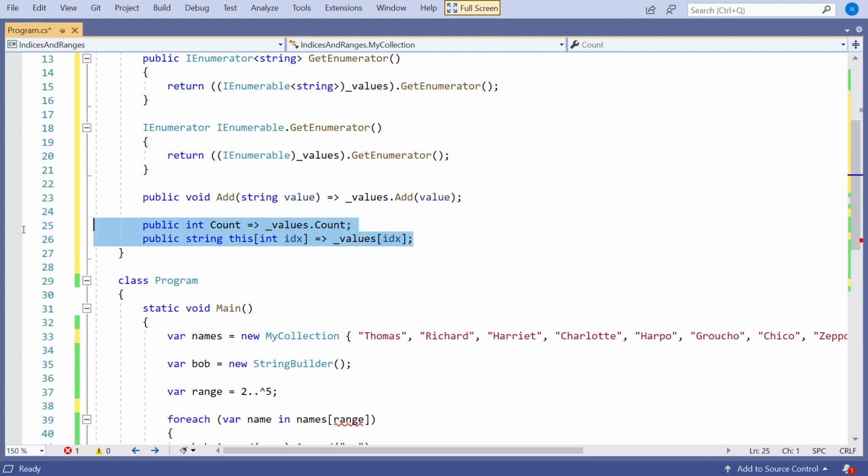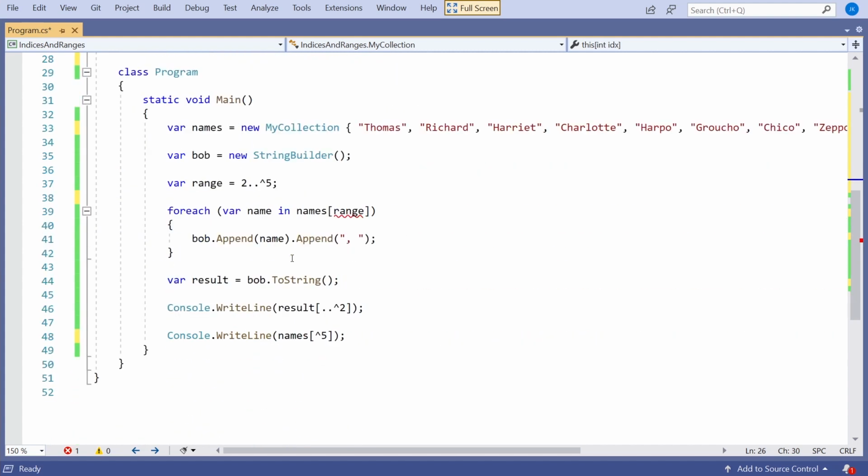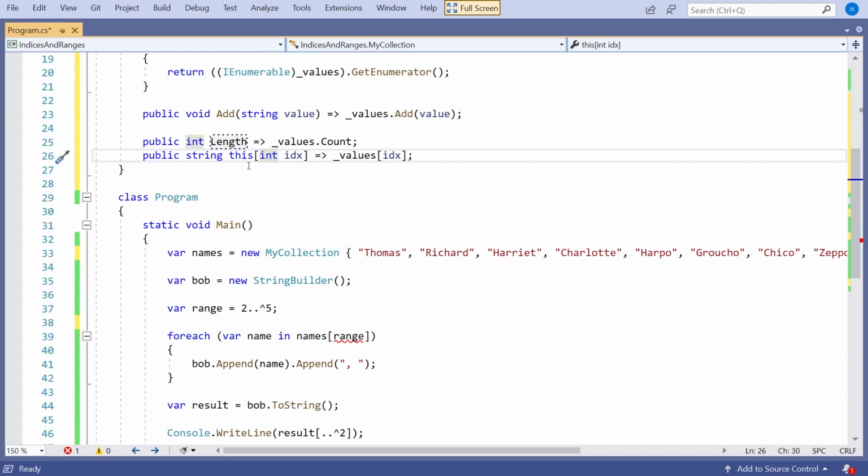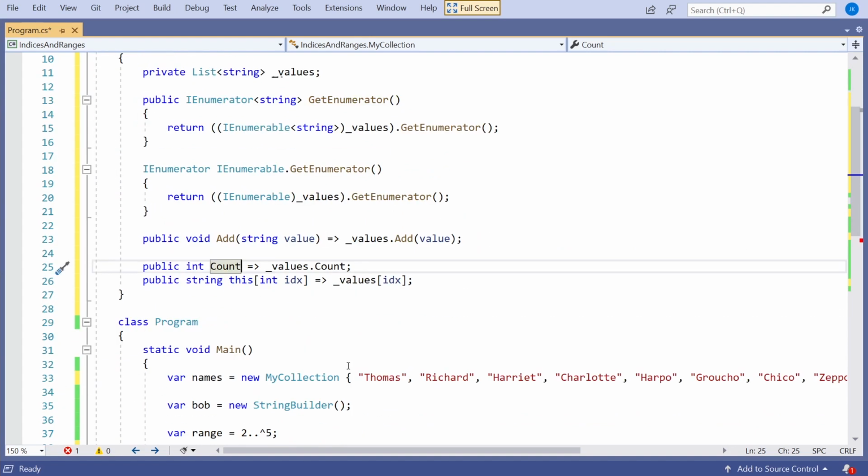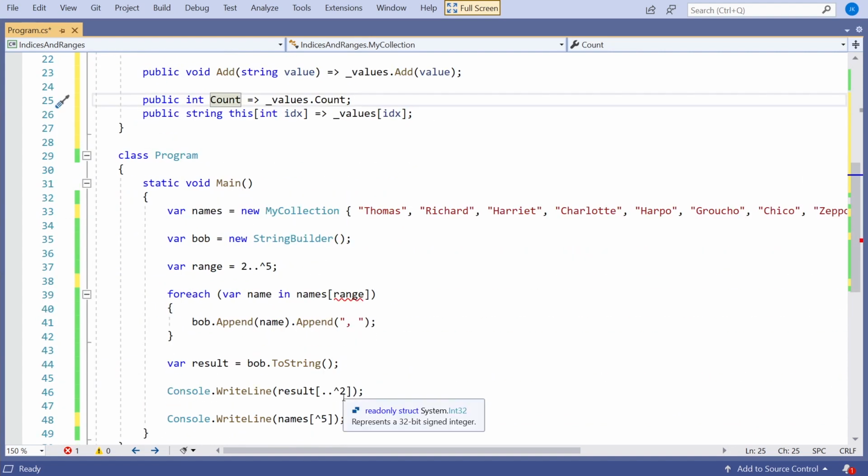So that's what you've basically got to have on whatever your collection is to make it work with an index. You've got to have an ordinary indexer taking an integer, and then you've got to have a property called either count or length. You can call it either of those, and you can still see it works there, because things like a list have a count, whereas things like an array and a string have a length. Because they wanted to do this implementation without changing anything, it will work on either of those. But it's a bit more consistent, because this is our own collection, to call that one count as well. And that's why we saw that the index works with a list, because a list does have a count and an indexer, so that's all working fine.